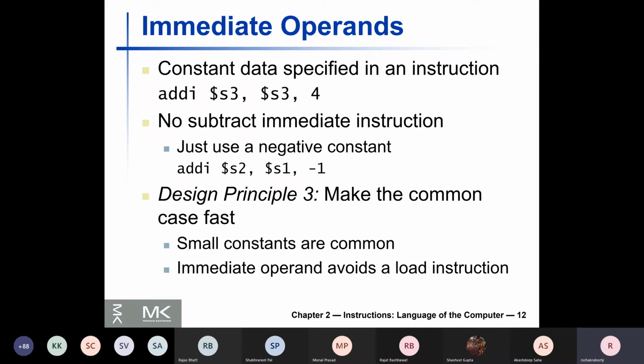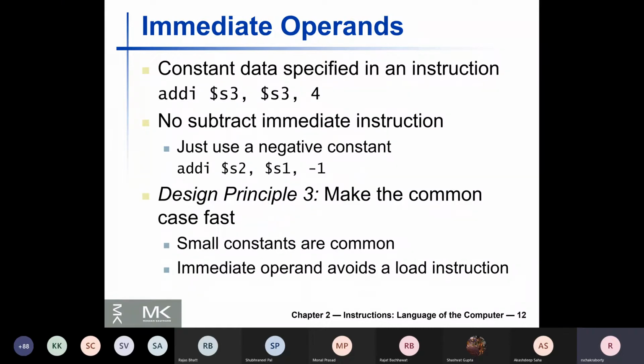Anyways, this entire instruction ADDI $S2 $S1 minus 1 will finally be encoded into 32-bit binary. We will find that every register needs 5 bits to be uniquely identified because there are 32 registers, from $0 to $31, and the binary code for each is the number of the register. So $0 is represented by 5-bit 0, etc.